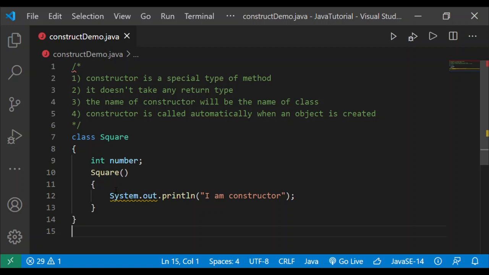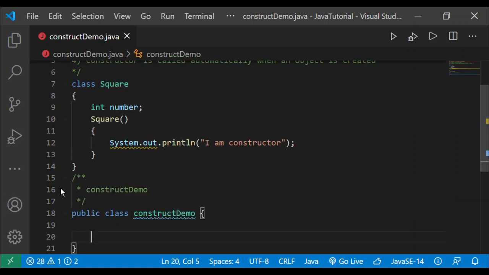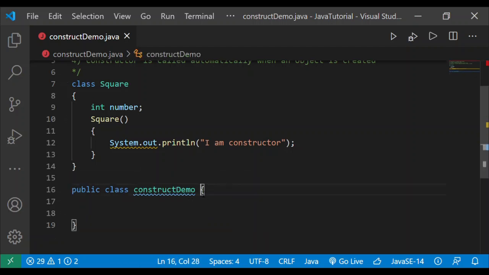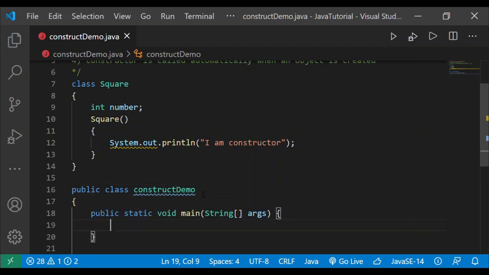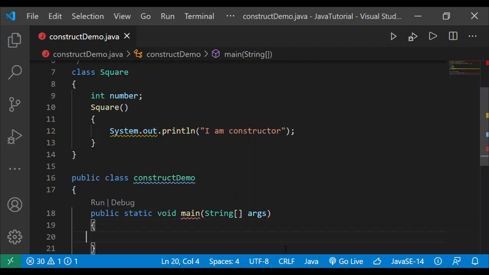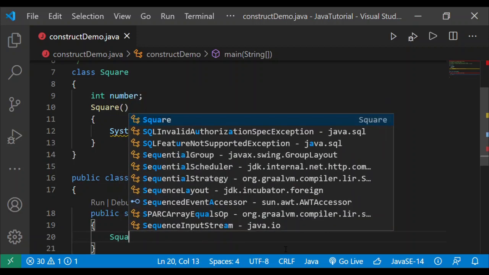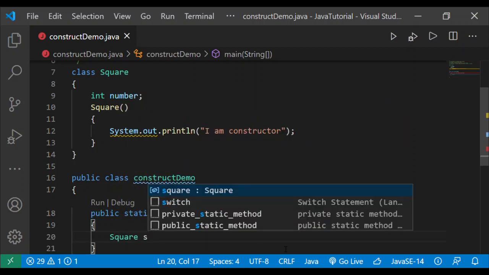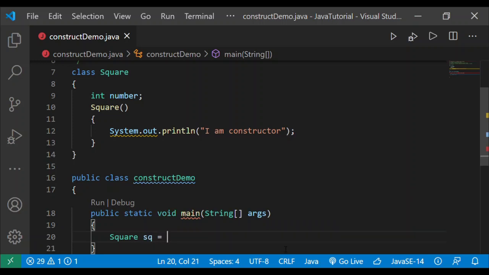So print this, we have to create our main class. So I will write here main class. You can see my main class is constructor demo, and here I want to write main first. Let me write here main, because without main we can't run any program. So I have written main, then let me create an object, the object of a square, and sq is the name of object, new square,